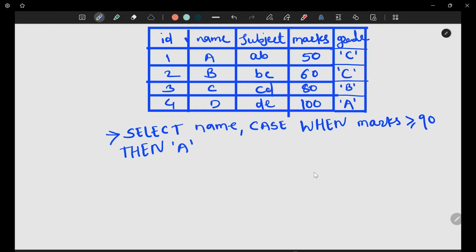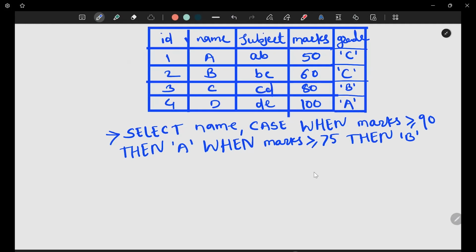Then when marks greater than or equal to 75, then